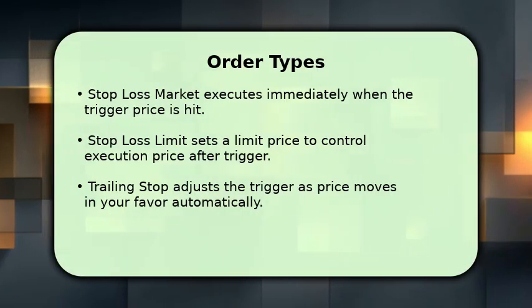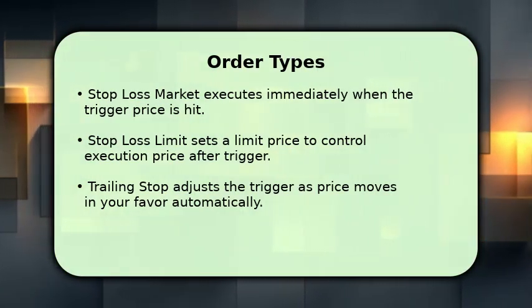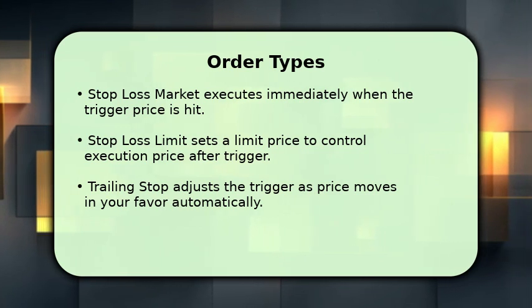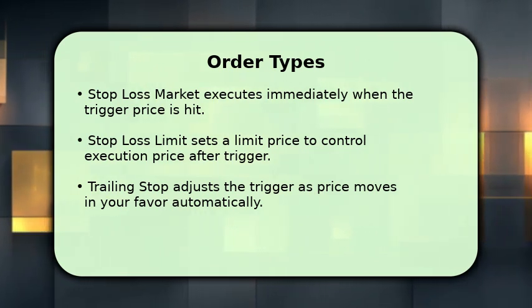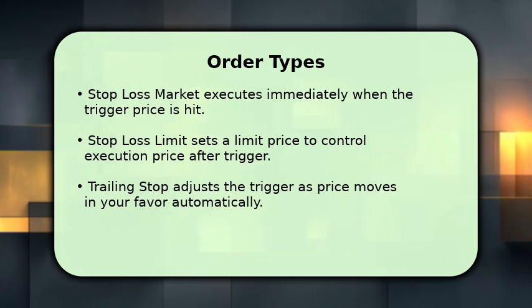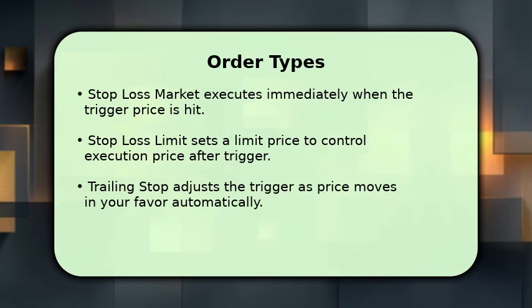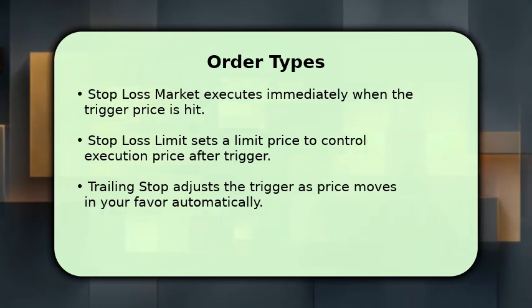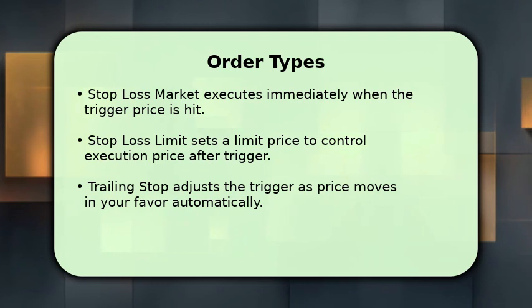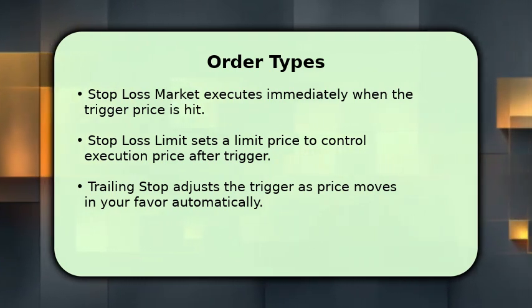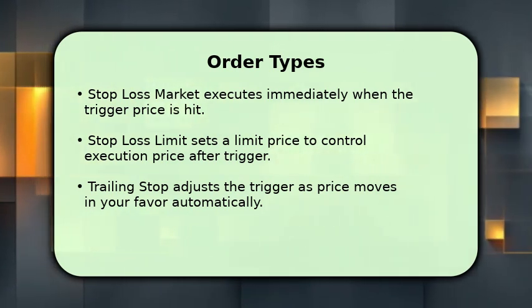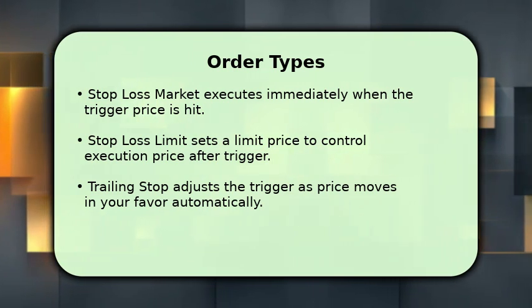Understanding order types helps you pick the right stop for each trade and market condition. A stop-loss market prioritizes execution, while stop-loss limit prioritizes price control, but may not fill. Trailing stops follow price improvements to lock gains and reduce manual adjustments. Match the order type to your strategy, account size, and liquidity of the asset to balance protection and execution certainty